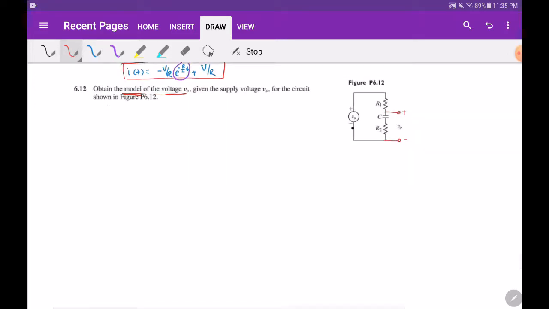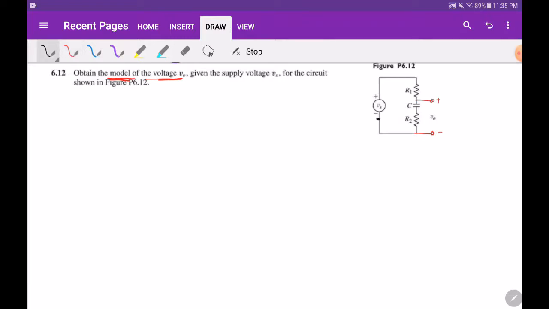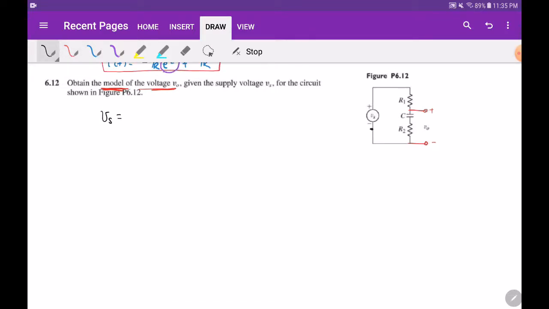If I use the mesh method, I'm going to start with Vs equals. I'm moving around, starting from the negative terminal to the Vs. So I gain Vs equals the voltage drop R1 times I, the only current in the system, plus the voltage drop across the capacitor and the resistor. Our goal right now is to get rid of the current. That needs to be replaced